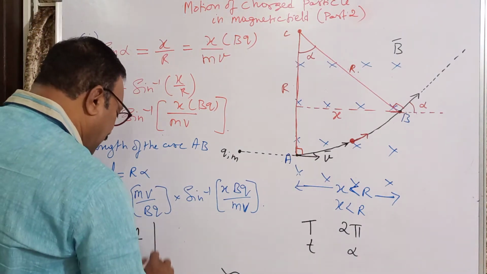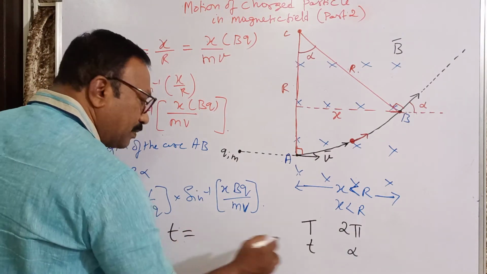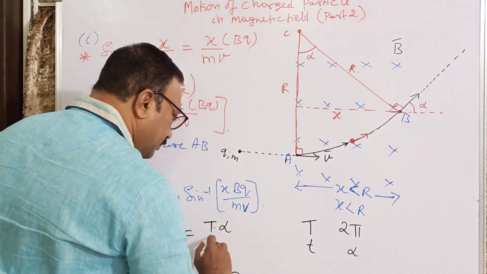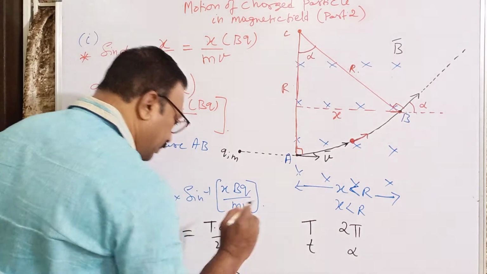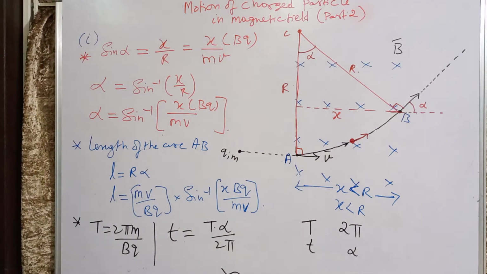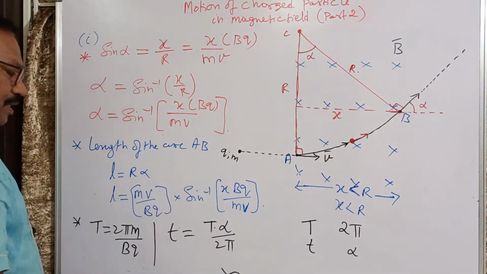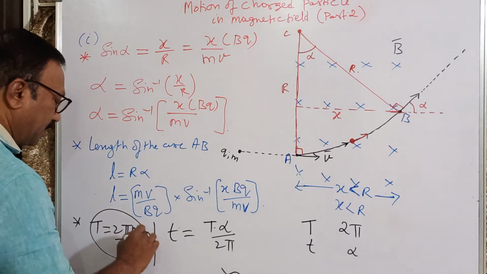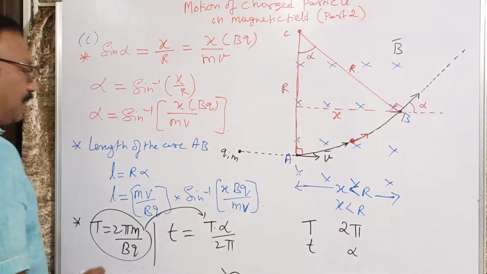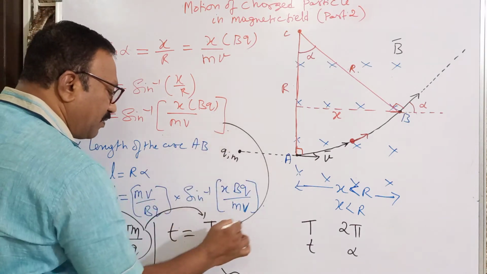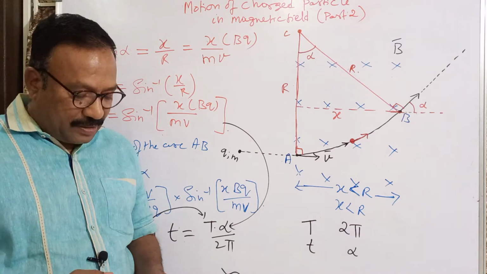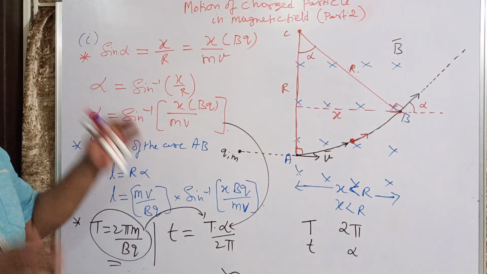So therefore, you can cross multiply and equate because they are directly proportional. So what is the time now from this? So t into 2 pi is equal to alpha into T. So t is equal to alpha into T by 2 pi. I'll substitute time period. I can also substitute alpha value. So on substituting this time period over here and on substituting the alpha value here, I can find out how much time that it is spending in the magnetic field.